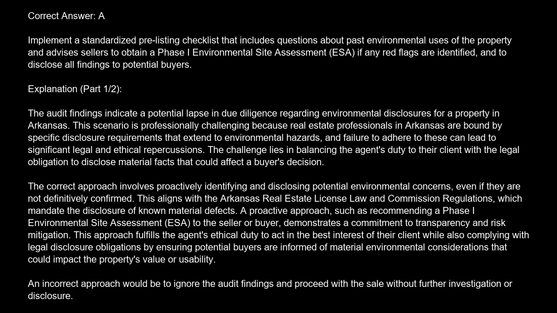The correct approach involves proactively identifying and disclosing potential environmental concerns, even if they are not definitively confirmed. This aligns with the Arkansas Real Estate License Law and Commission regulations, which mandate the disclosure of known material defects. A proactive approach, such as recommending a Phase I environmental site assessment (ESA) to the seller or buyer, demonstrates a commitment to transparency and risk mitigation. This approach fulfills the agent's ethical duty to act in the best interest of their client, while also complying with legal disclosure obligations by ensuring potential buyers are informed of material environmental considerations that could impact the property's value or